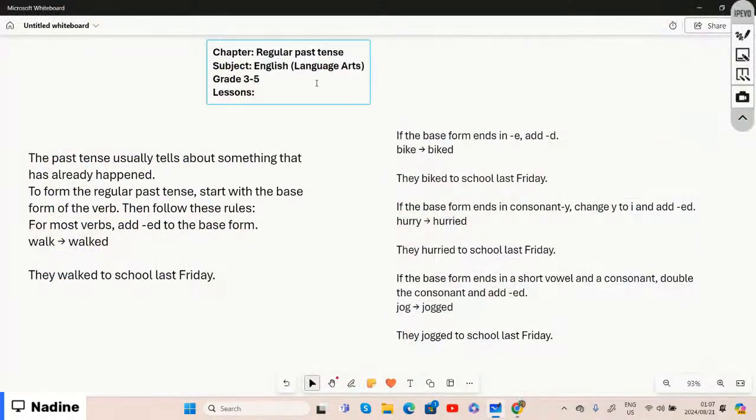Our subject is English Language Arts, grade 3 to 5. And the lessons that we are going to be focusing on is which sentence is in the regular past tense,